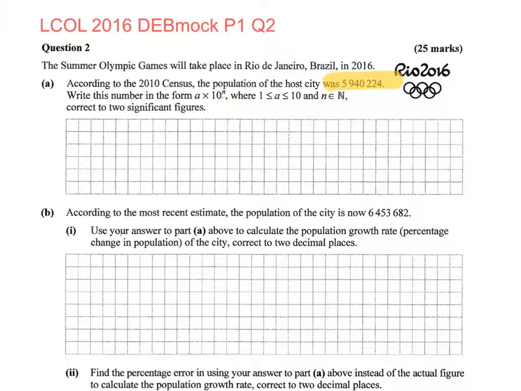This is scientific notation, standard form, where the a value is between 1 and 10, and this power n is a natural number. We're asked for two significant figures. So the most significant figures are the millions and the hundred thousands. So the first thing to be conscious of is that 5,940,224 to two significant figures is